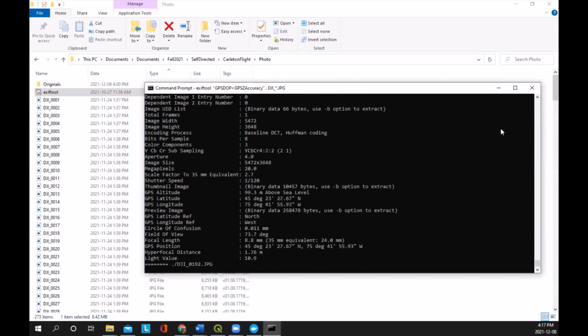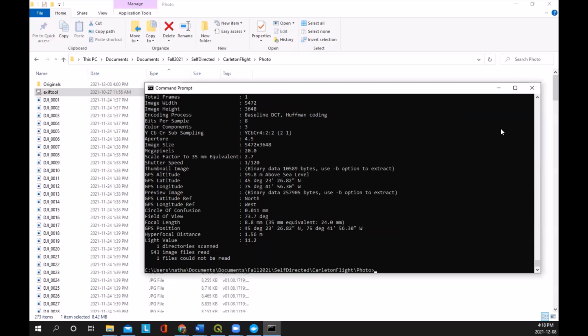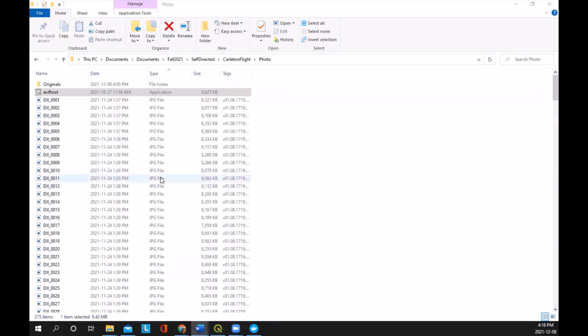There are quite a few files here, so it takes a minute. And it should be updating the dilution of precision. I've already done this. So as you can see, it read through the files. It didn't update any files, but it read through them. So now that the Exif has been updated, we can close this and we're ready to bring these images into